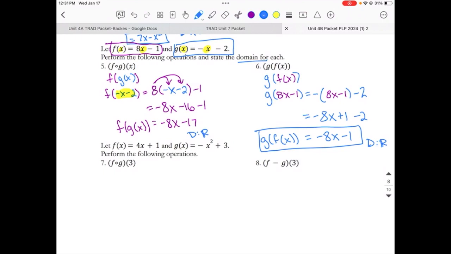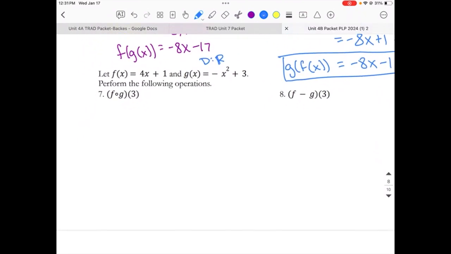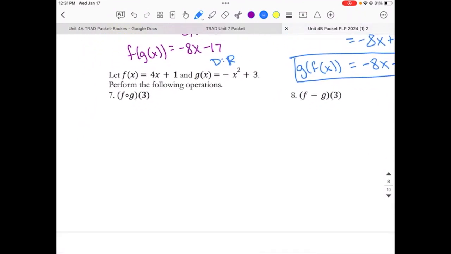Okay, on 5 and 6, they were asking us to plug in full functions, and we got new function answers. On 7 and 8, they're asking us to plug in numbers, and we're going to get a numerical answer. So this is more like double substitution, and if you do F of G of 3, okay, we're going to find G of 3 first,